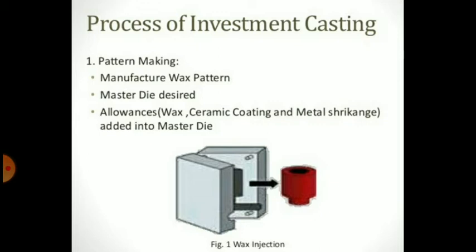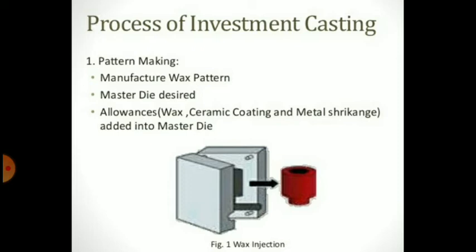In the diagram, you can see the die made of steel material by machining the cavities. A cavity of the desired shape is machined in a metal block. This diagram indicates the die made from steel material. Dies are made in two sections or parts, so that you can remove the component from the die after solidification.